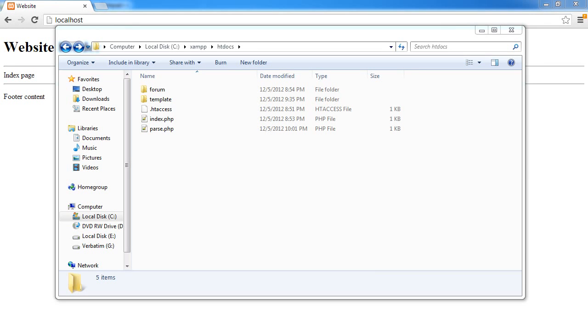In this video, we're going to be creating an SEO URL parser. Essentially, this parser is going to sit at the base of any site that you want to create, and it's going to allow us to create SEO-friendly URLs and implement these on any page of our website. It's going to have an htaccess file and a parse.php file, and this is going to allow us to create really beautiful URLs that we can just pass data to if we